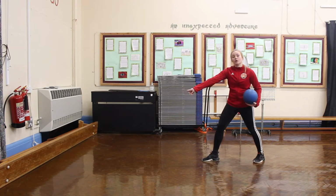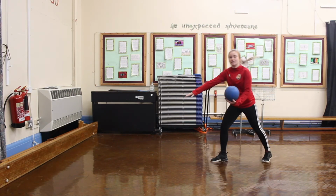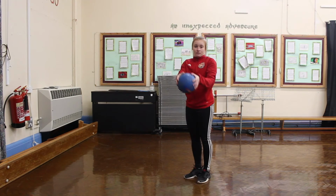It needs to go along the floor, so I'm releasing it about here. My other arm, I'm using it as my aiming arm. My back straight, I'm looking where I'm going, and then I'm getting ready. Are you ready? So I'm going to roll the ball, and I'm going to get ready to receive, and collect